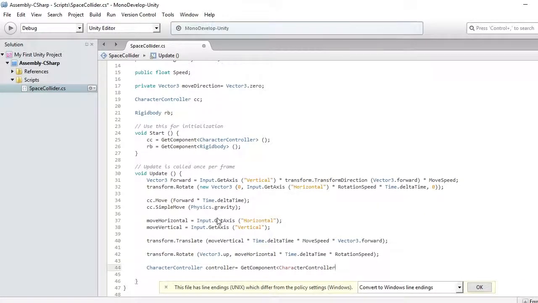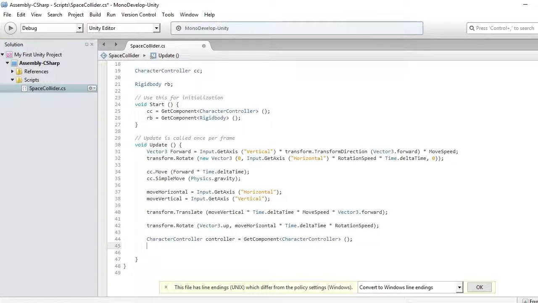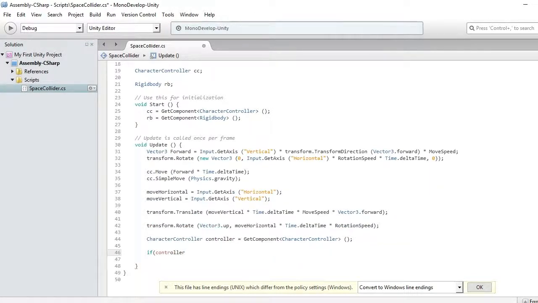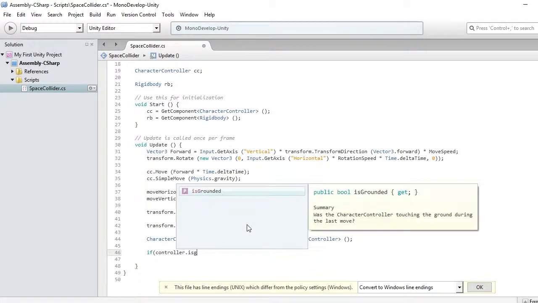Then if else if controller that is grounded,